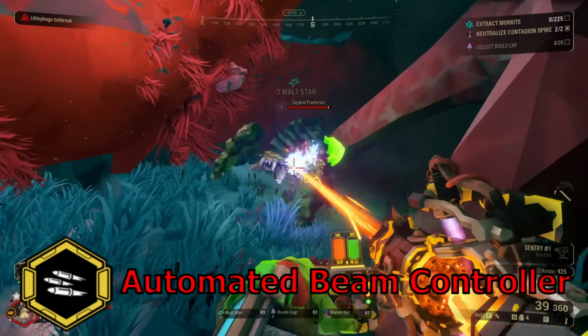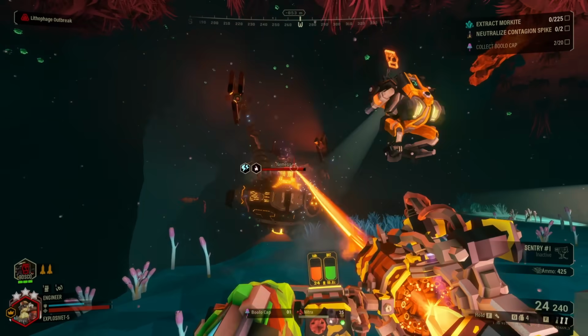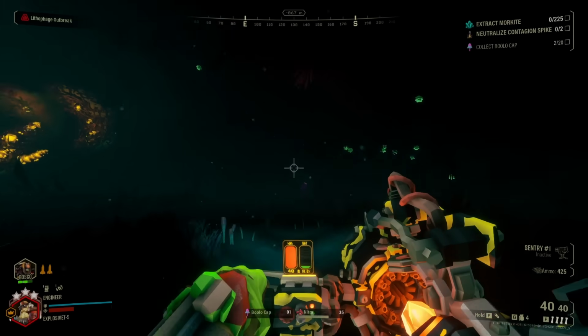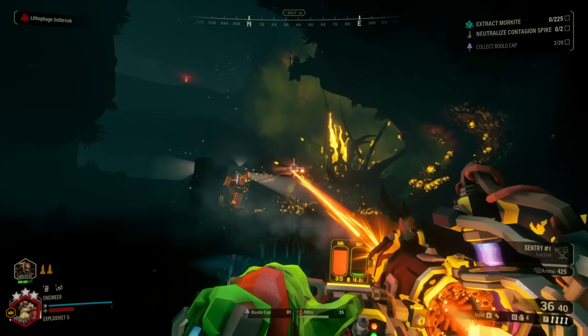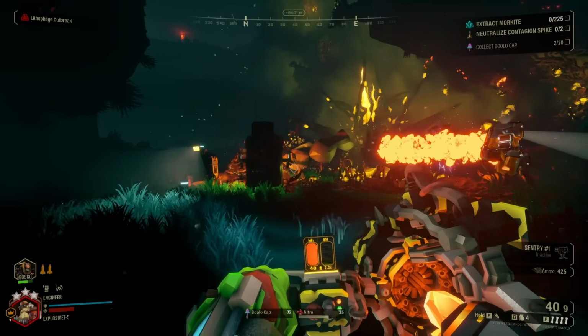Beam Controller. Now with this one you have to be extra careful as to when you decide to use it, since pulling the trigger will unleash a torrent of fire that cannot be suppressed. Unless you use any mechanics that would cancel an animation, like swinging your pickaxe. If you manage to stop your mini Godzilla beam, you will still lose half of your remaining charge to punish